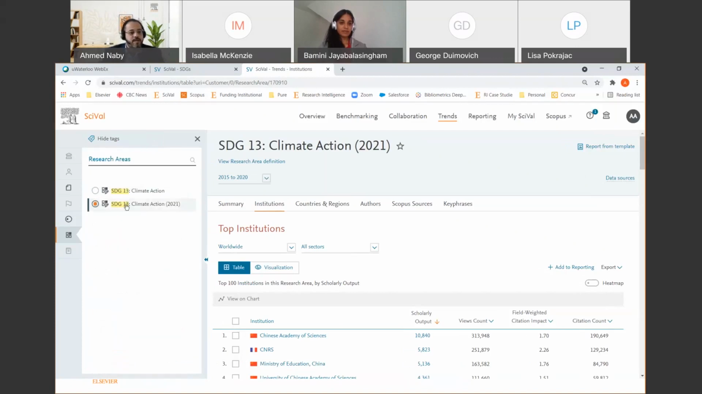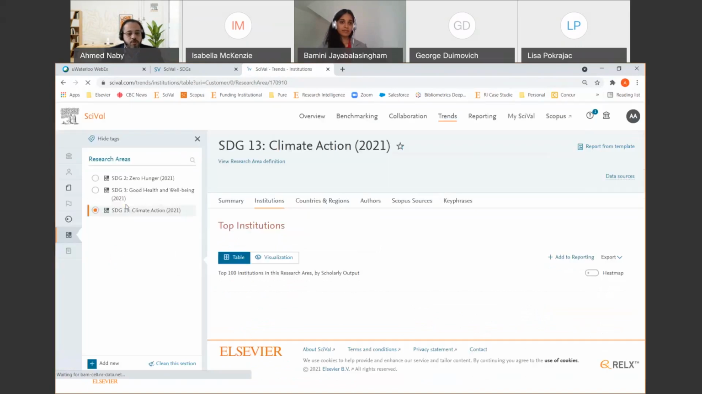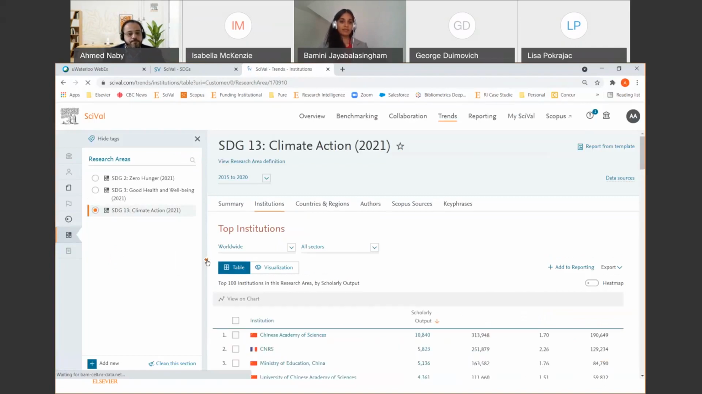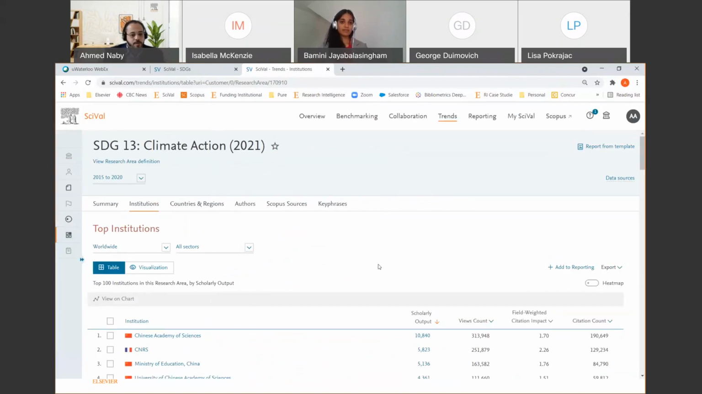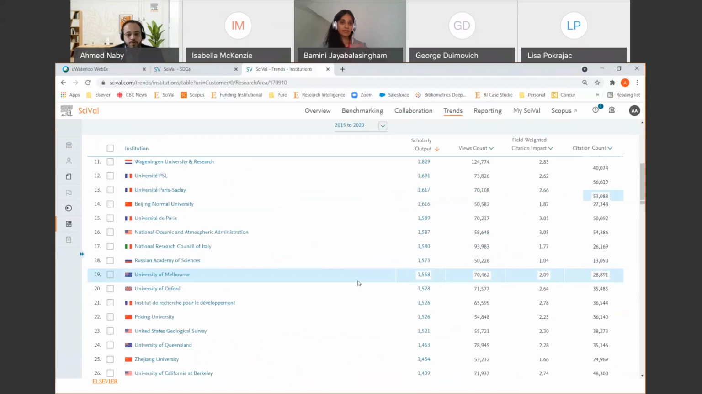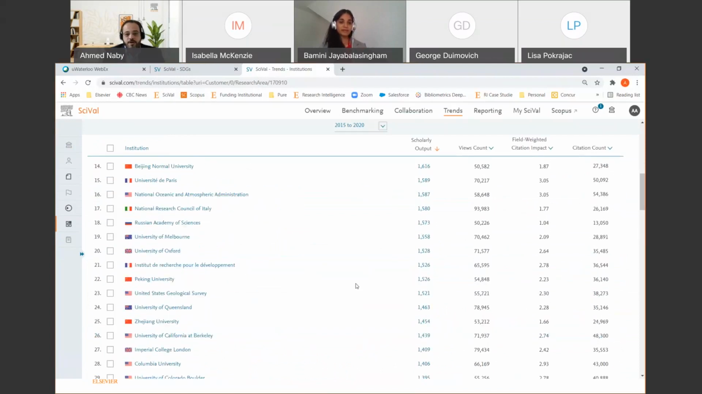So if I take an example, SDG 13, which is about climate action, you will be able to check into the top institutions and top researchers contributing to SDG 13. So here it's loading the top 100 institutions. Okay, so we'll see here the top 100 institutions contributing to SDG 13, and they are ranked based on the